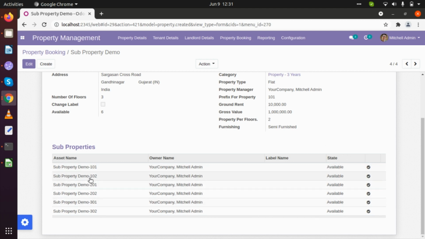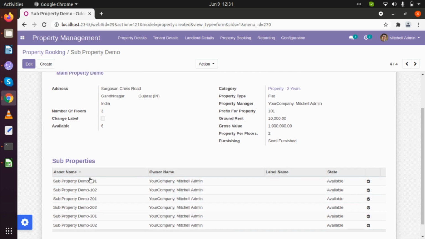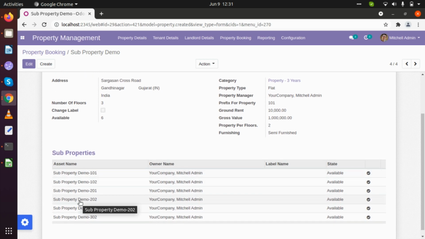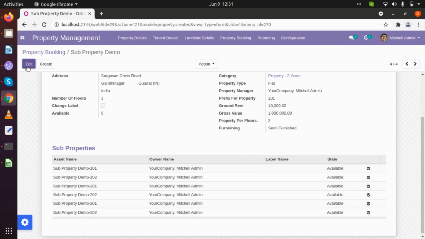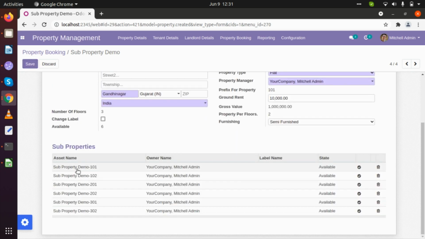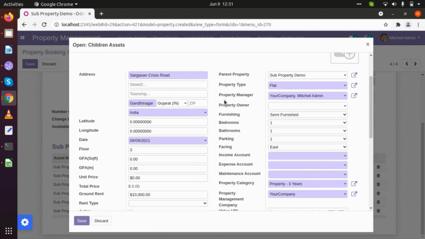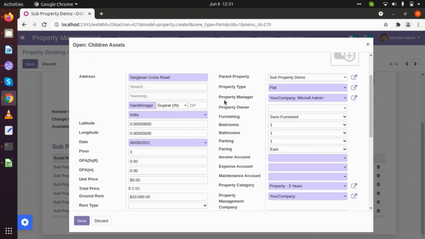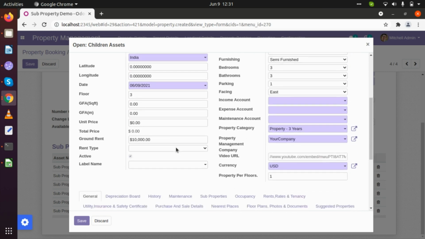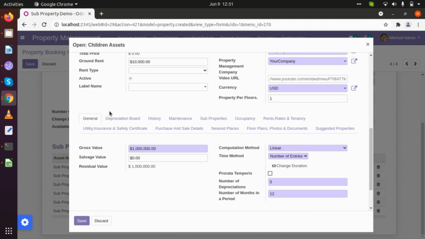Now if we want to change some of the labels or some of the property details, we will also be able to change them. We just simply need to click on edit, and then click on that property name, and in that we will be able to look at the property manager name and property type. If we want to change, we can directly change its details from here also. So they will be changed for a particular property. If we want, we can add all details that were in the basic property details here.